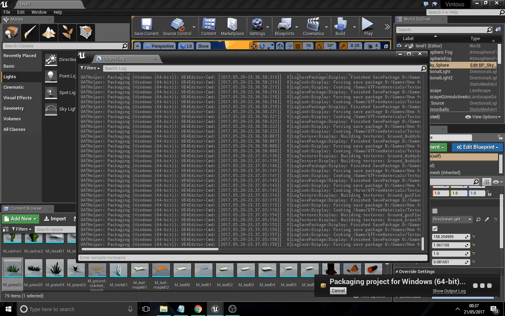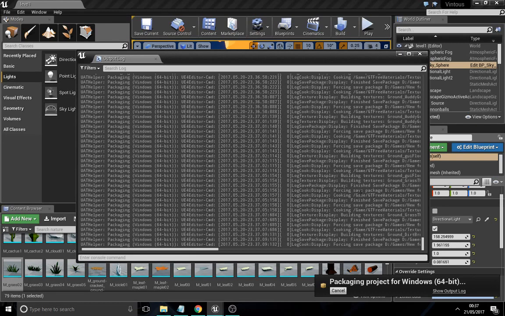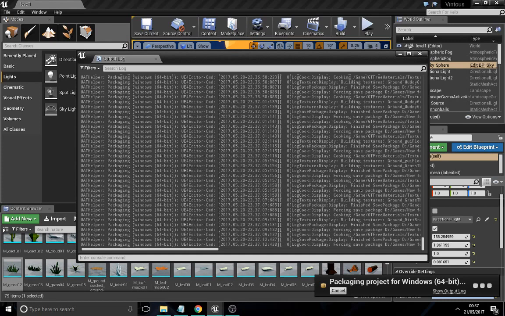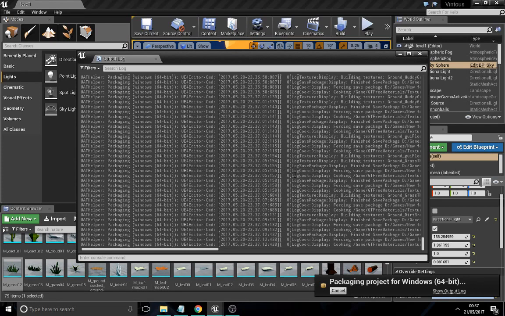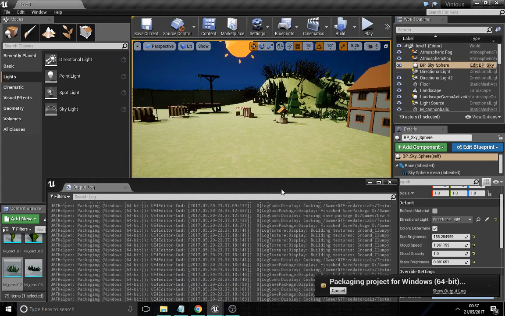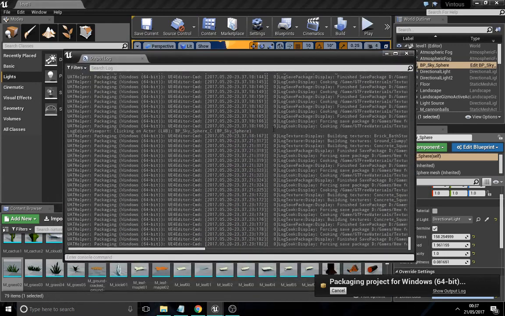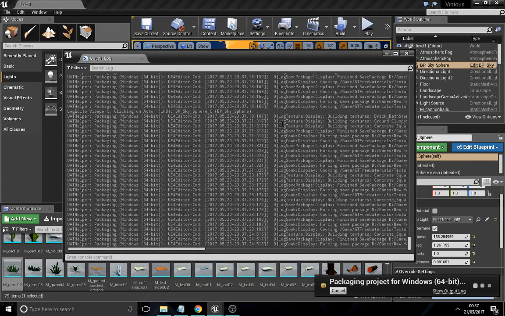Okay, so we should be getting there now, almost. Obviously this is quite a boring bit, but it shouldn't take too much longer. I guess it's because there's so many tree and foliage objects, it's taking a while to render everything out. So the engine has to account for all of that, the objects in